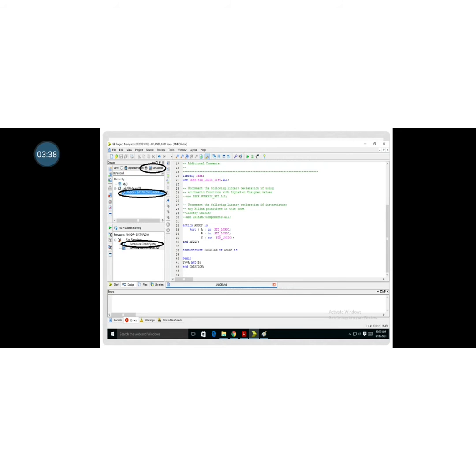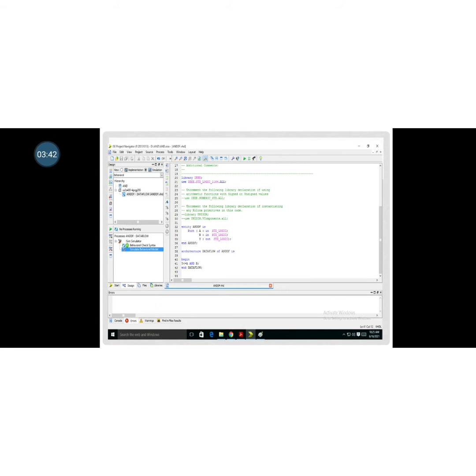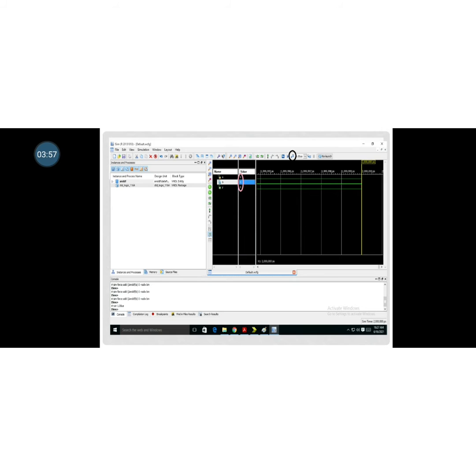Once it is successful, then you have to simulate, that means check the output. Click on the simulation, and after simulation this window will be opened. In this window you can see the waveforms.